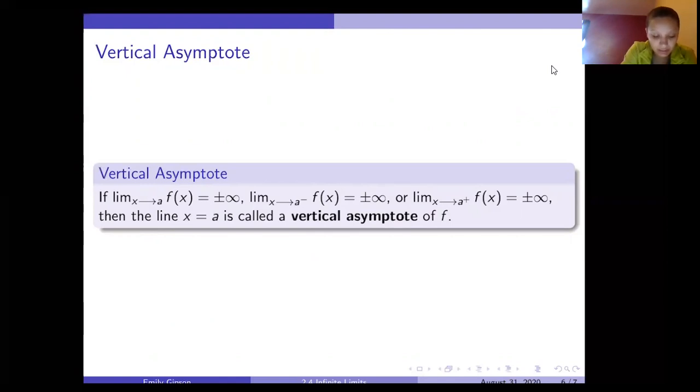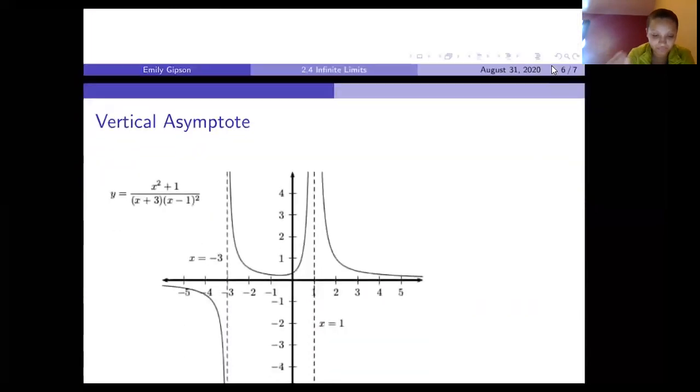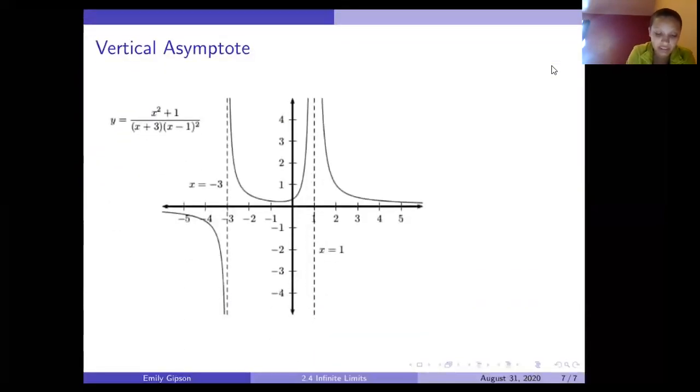And if the limit as x approaches a of f of x equals positive or negative infinity, the limit as x approaches a from the left or x approaches a from the right equals positive or negative infinity, then the line where x equals a is called a vertical asymptote. So what does this look like? Let's go ahead and look at a graph. So here I've got a graph of the function x squared plus 1 over x plus 3 times x minus 1 quantity squared. And we can see that